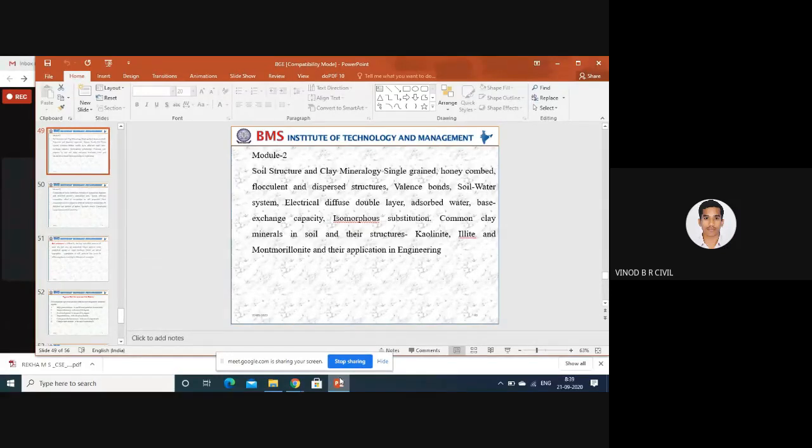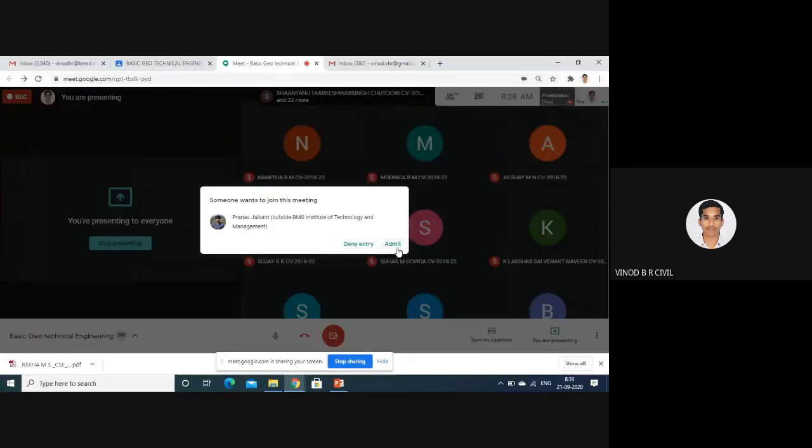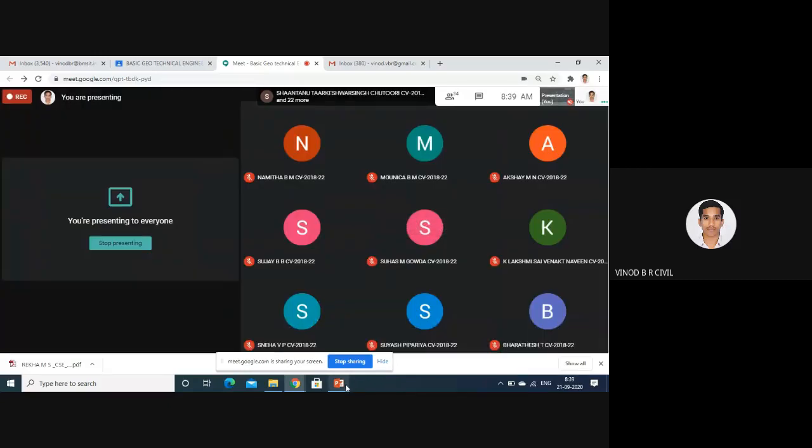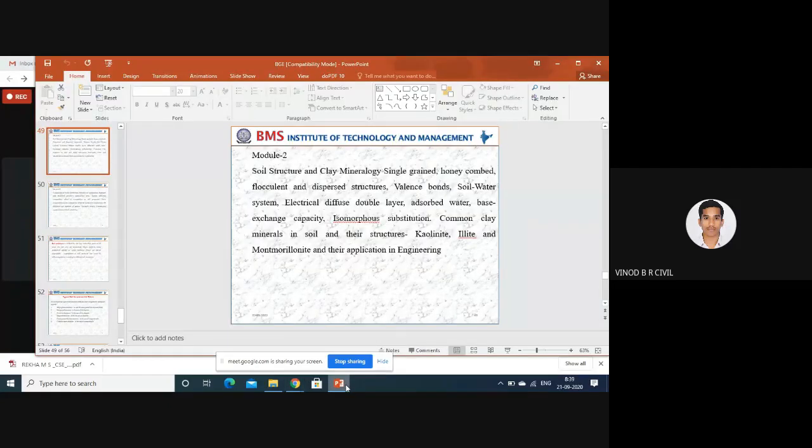Then you have to find out which type of clay is there, whether that clay is suitable for stabilization. Simply, you can't go and add lime to the Putanali lake or any lake soil. First you have to find out what the clay minerals are, and after that you can find out what stabilization is required. These are the things we discussed in module number 2.